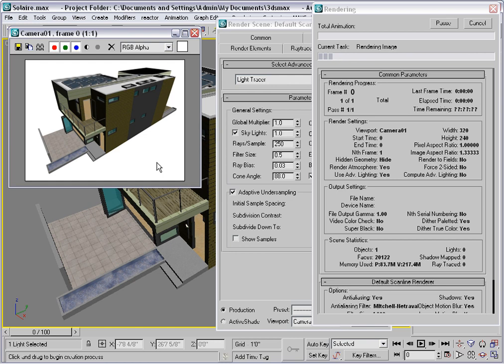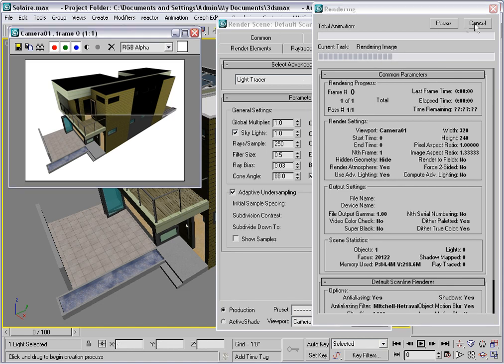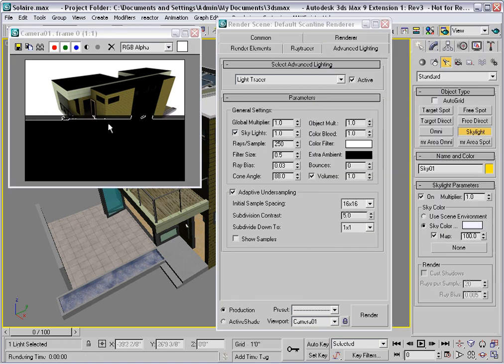But we're going to encounter a couple of problems. Remember, as I said, clay renderings are usually almost all white, and already we're seeing areas of pure black. So I'm going to cancel this. So what we're seeing right now is a mixture of some texture maps, which look okay, and some areas of pure black. To understand why this is happening,